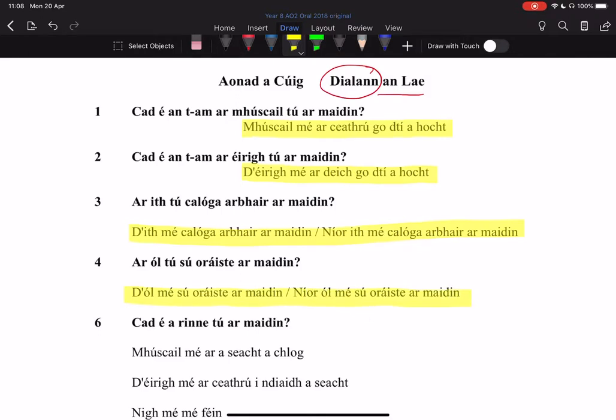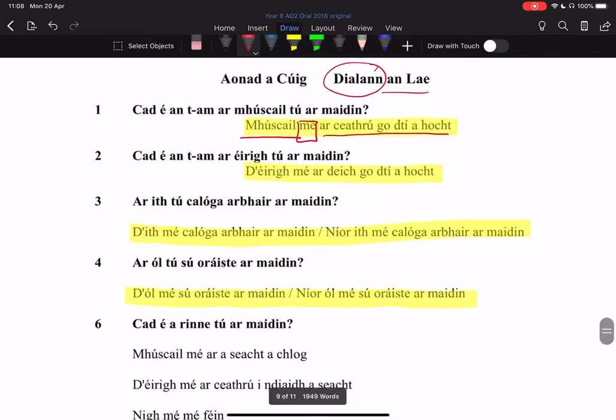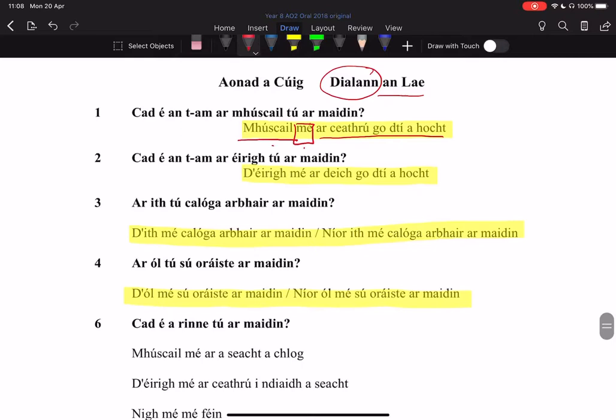Based on what I've told you to date in the other videos, wascail is the verb, may is the subject, and then we're adding on here at the end the time, which we've learned in the previous subject. So wascail may ar ceathrú go dtí a hocht means I woke up at